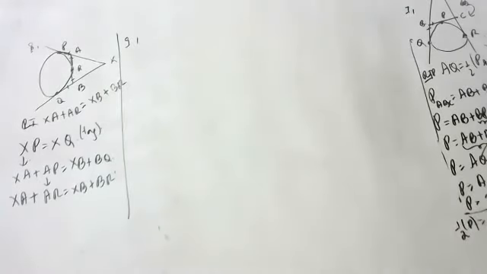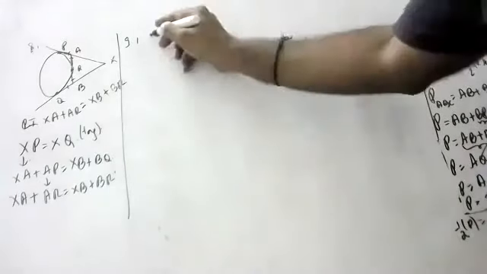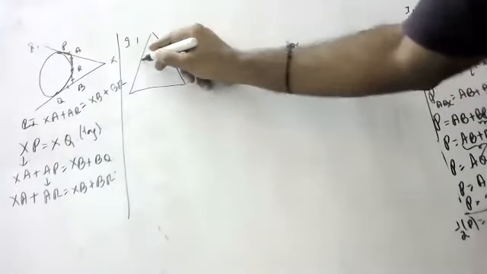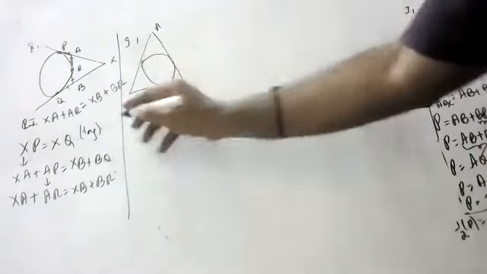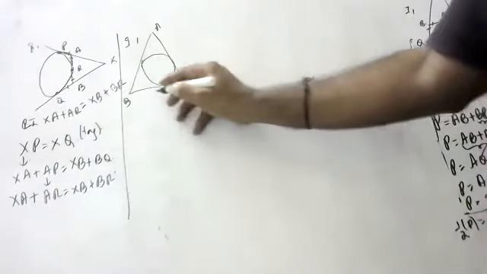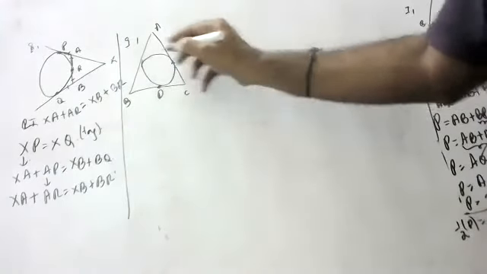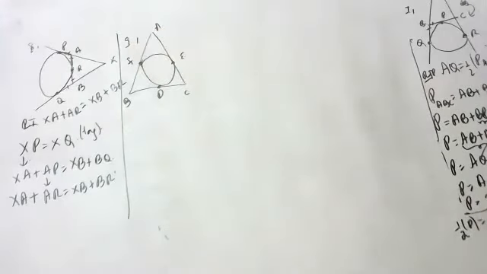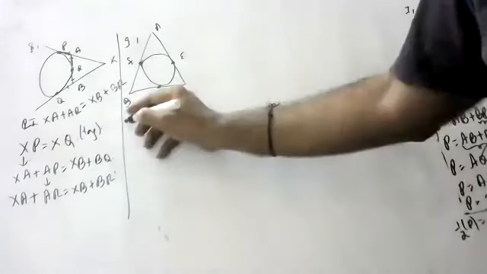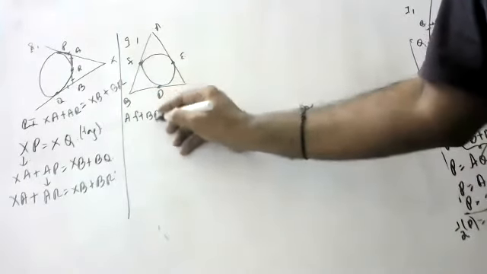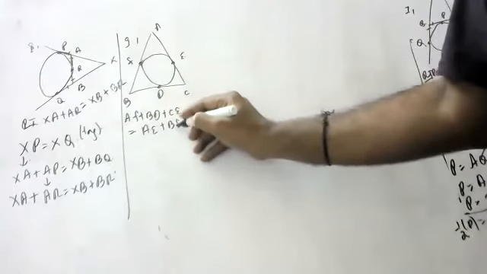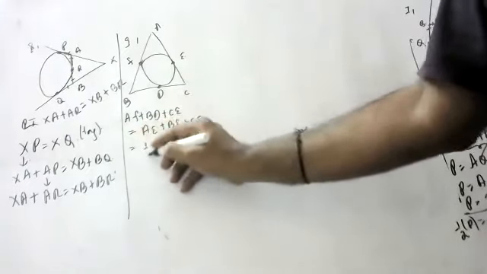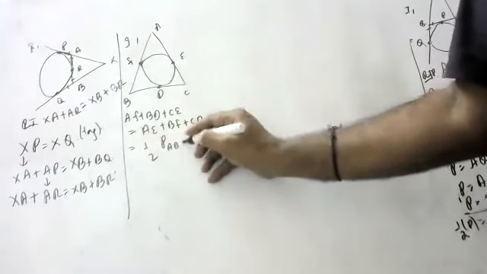Next one. Ninth question, children. What they are saying is they have given a triangle. Children, all these questions are basic level and very easy, provided you practice, children. Please keep copying along with me. Don't sit idle, children. D, E, F. What is the required question? He is asking us to prove that AF plus BD plus CE is equal to AE plus BF plus CD, which is equal to half of the perimeter of ABC.